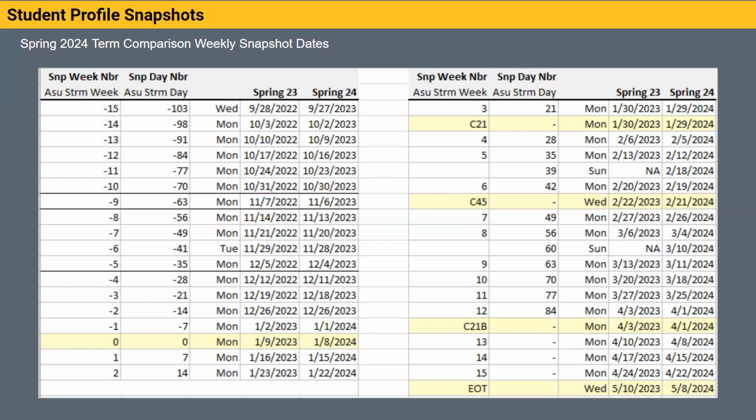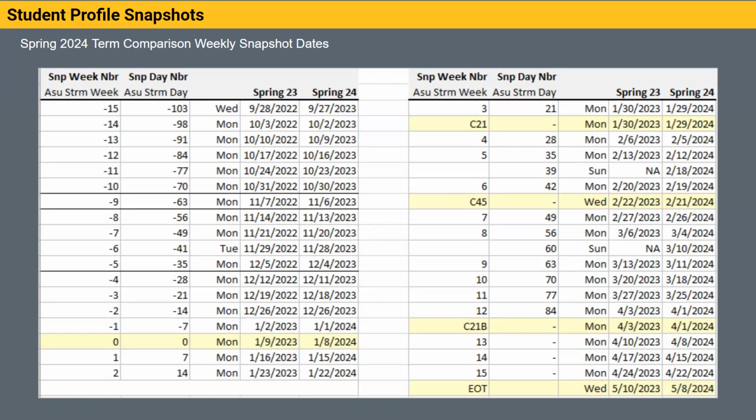We don't compare date to date. We compare the first day of classes to the first day of classes last year, and then we back into it. So on the left, the yellow highlighted row that says January 8th of 2024, that's the first day of classes for this coming spring. We're comparing to January 9th of 2023. Week -1, which is right above that, you'll see is 7 days prior to each of those dates. So that's how we do it,